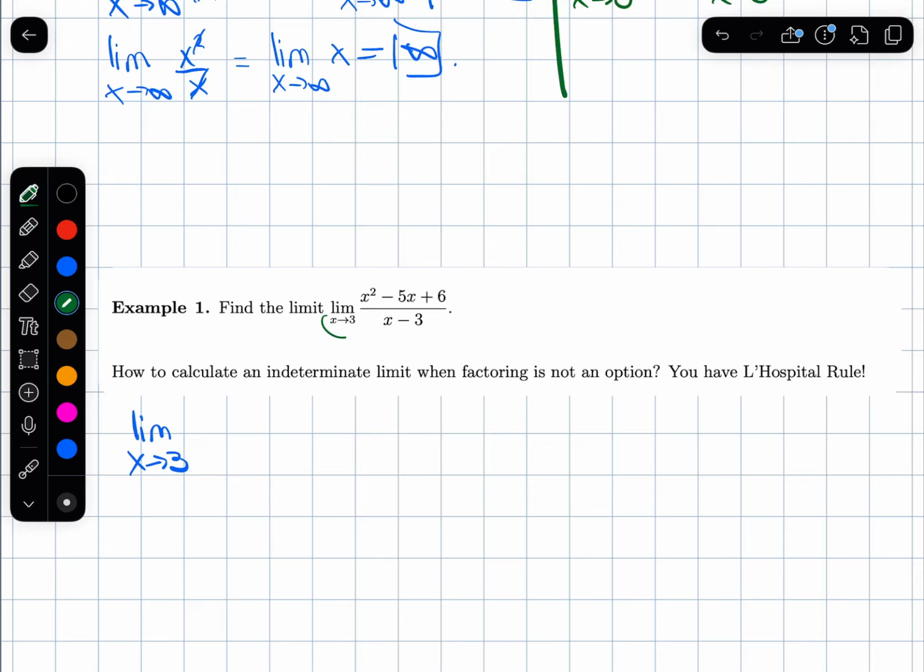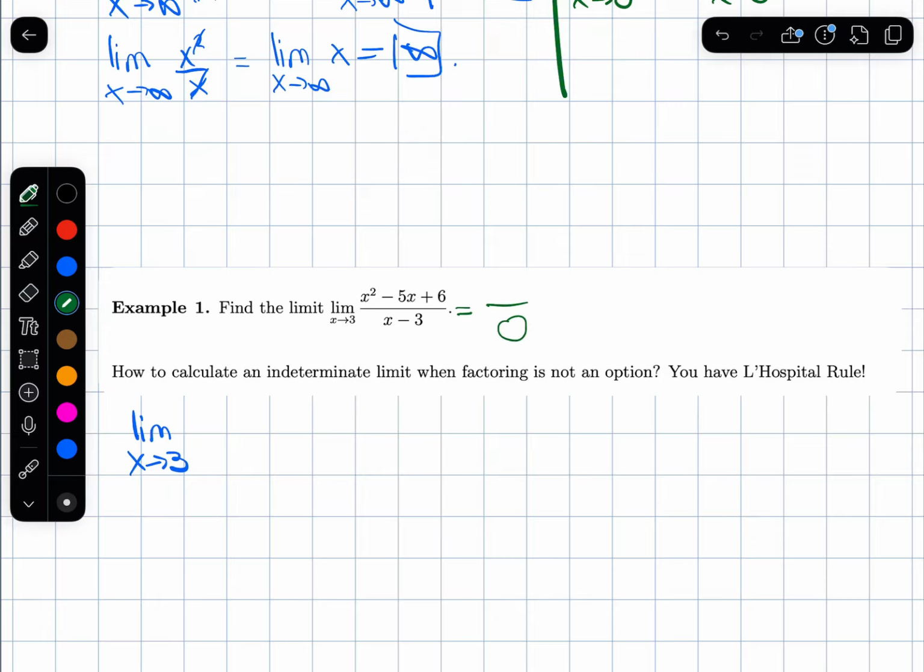right? If I try to plug in 3, which by the way is what I always want to do when I'm solving for a limit, my ultimate goal is to just plug in the value. If I get a continuous function, I get to plug in the value x is approaching, and then say that equals the final answer for the limit. But I can't do that, because if I do that right now, the bottom equals 0, and the top, if you do the math again,